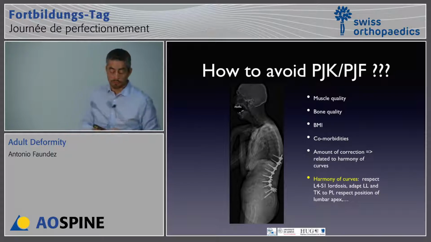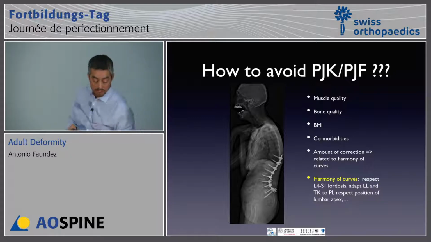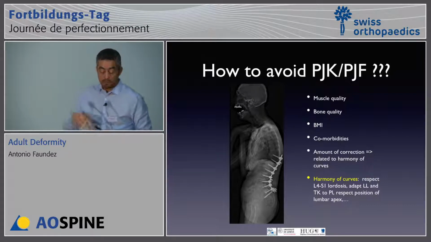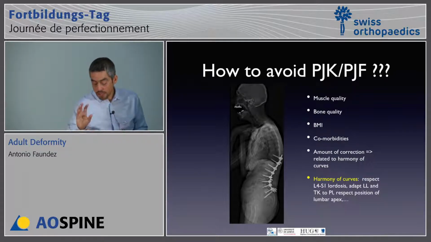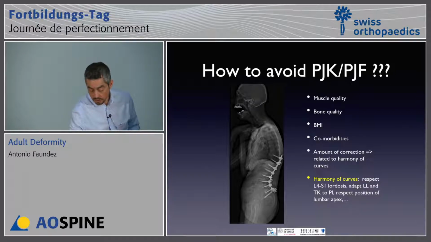How to avoid PJK or PJF, very quickly. Several risk factors have been described: the muscle quality, the bone quality, the BMI, comorbidities. It depends also on the amount of correction. If you have a huge amount of correction, you increase the risk of PJF or PJK. And it's very important to try to respect the harmony of the curves, especially respect the lordosis at the L4-S1